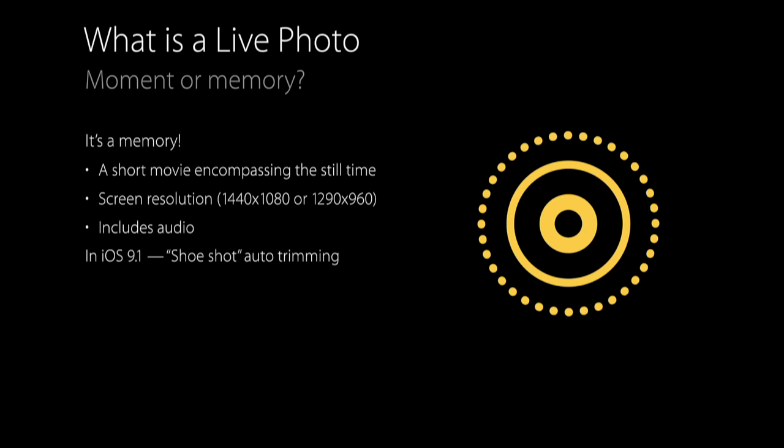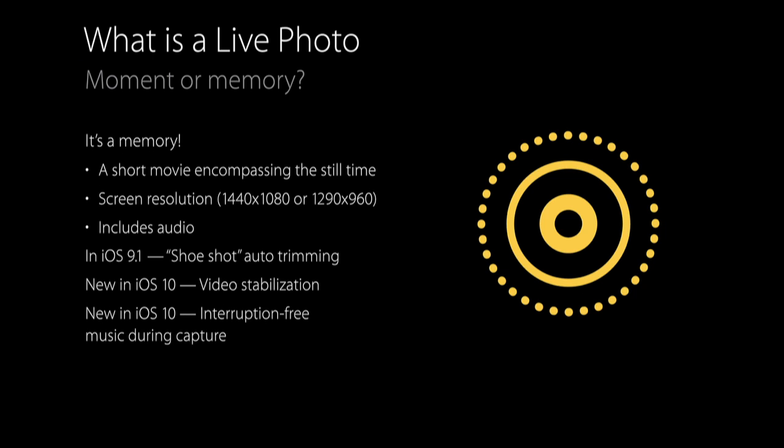In iOS 9.1, we added this great feature of automatically trimming live photos in case you did a sweeping movement toward your shoes or your pockets. So now we'll auto-trim them and get rid of the parts that you don't want to see in the movie. New in iOS 10, we've made it even better. Now all of the live photo movies are stabilized. Also new in iOS 10, interruption-free music during capture. So if you happen to be